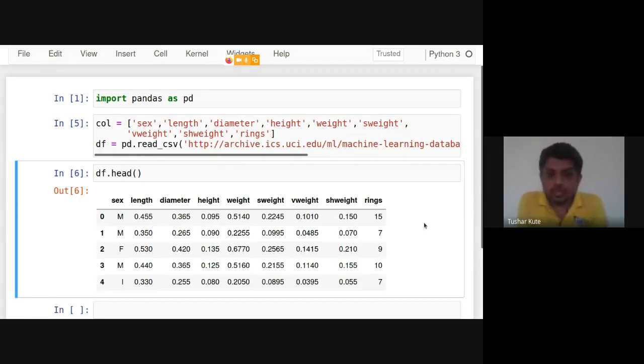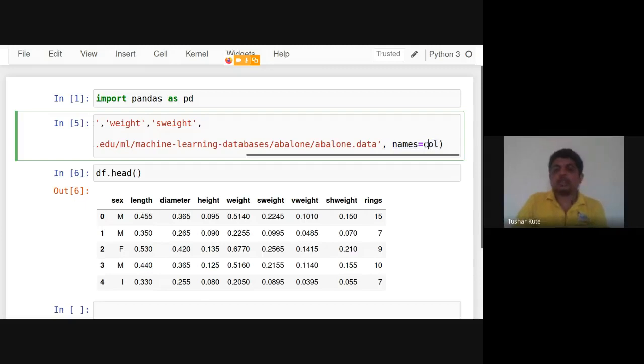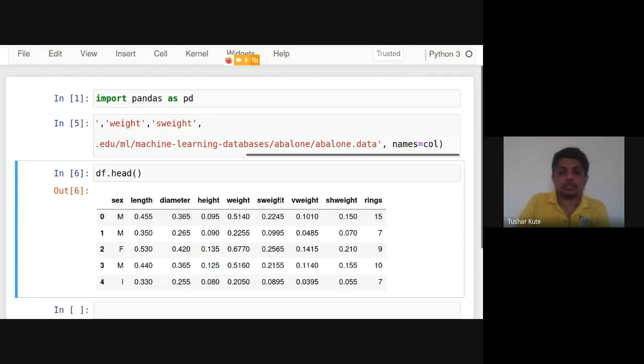See this. This is the way that we have to follow. Create a column list and attach it here like names equal to COL. The names that you mention inside the COL list will be taken and attached as the column names here.